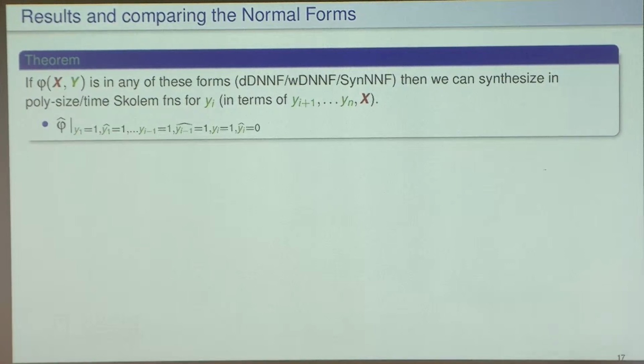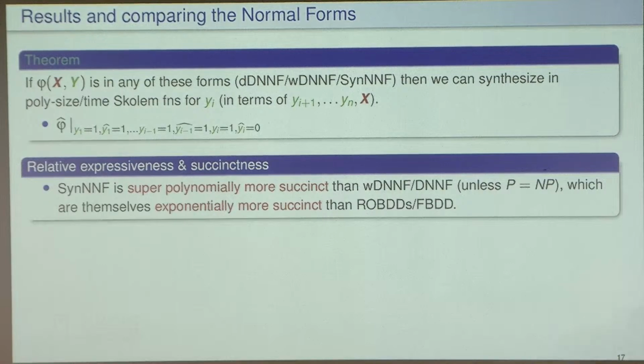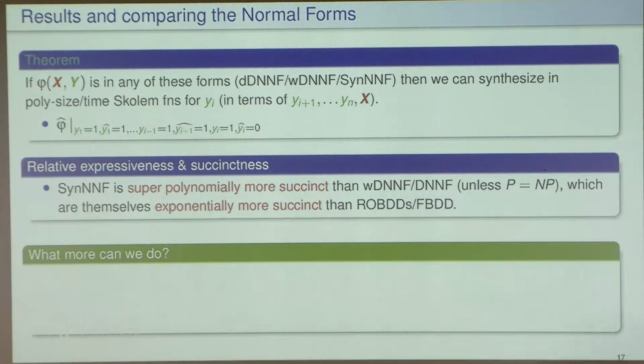You get the Skolem functions. Does that make sense? So why is this interesting? This is also interesting because it turns out that SynNF is, in fact, super polynomially more succinct than weak decomposable negation normal form, or DNNF. There are some conditions under which this holds, but pretty believable ones, which are themselves known to be exponentially more succinct than ROBDDs, right? At this point, I'm going to just tell you that we can also answer much more